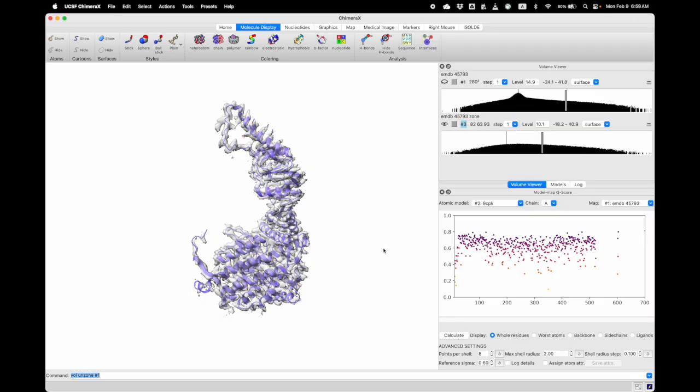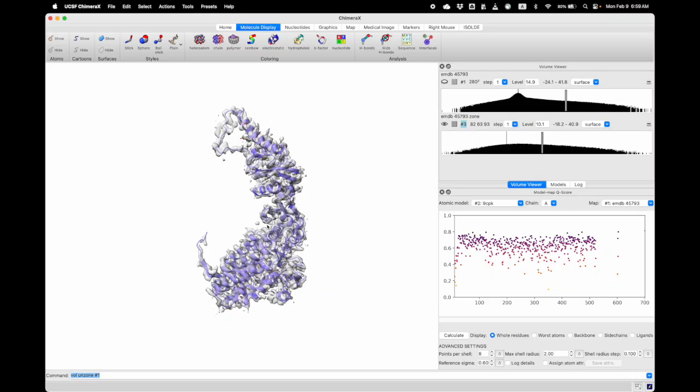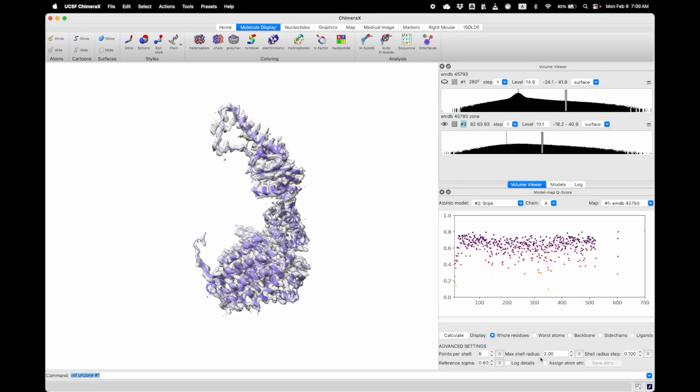Now that I calculated Q-scores, I can also visualize the Q-scores on the ribbon. To do that, I have to recalculate them, but with this option checked, assign atom attribute. Now I hit calculate again, and then it will assign the Q-score attribute to each residue. And then I can